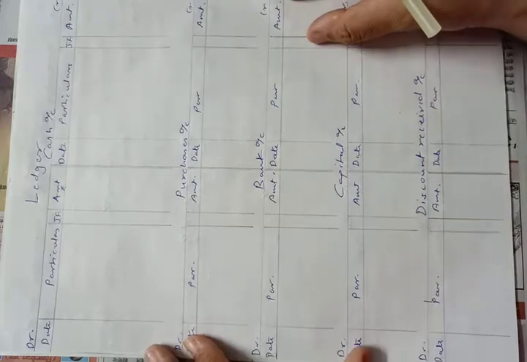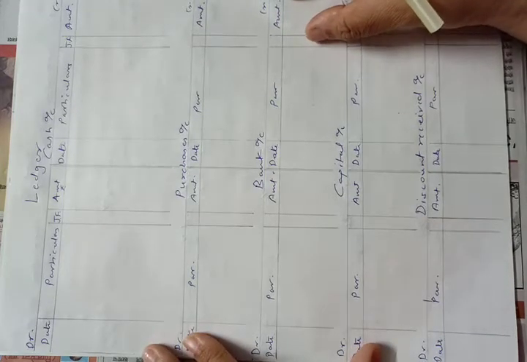One entry is cash account debit 60,000 to capital account 60,000. Second entry is purchases account debit 20,000 to capital account 20,000. Third entry is bank account debit 25,000 to capital account 25,000. We have added these three entries and this entry is prepared. So it is called a combined entry or compound entry. So think that way and you can understand the posting easily.